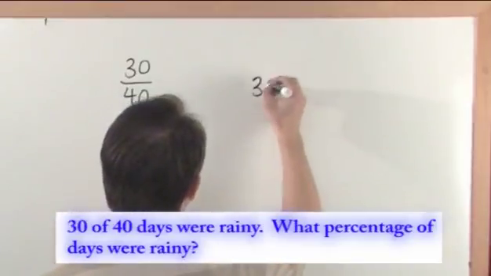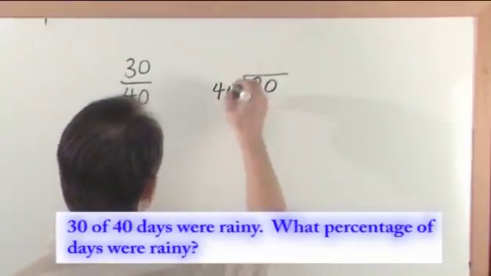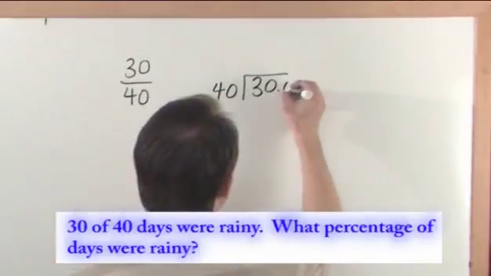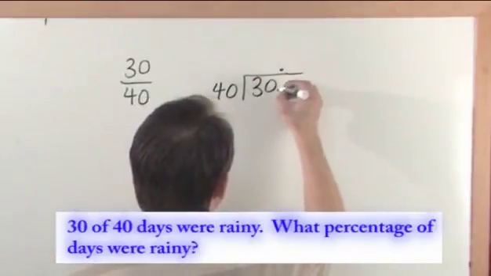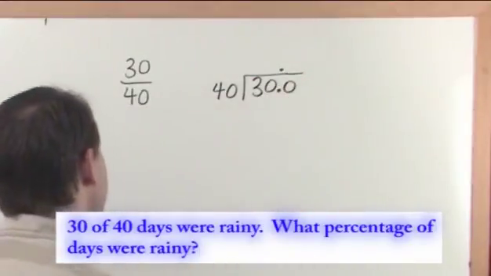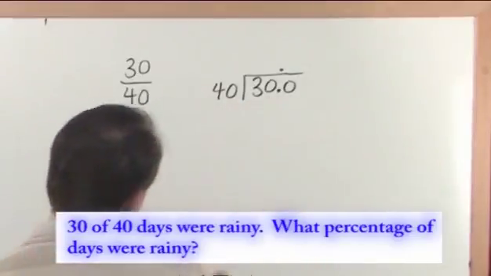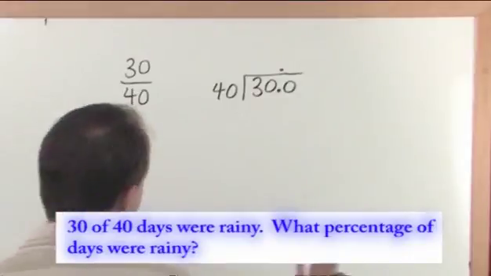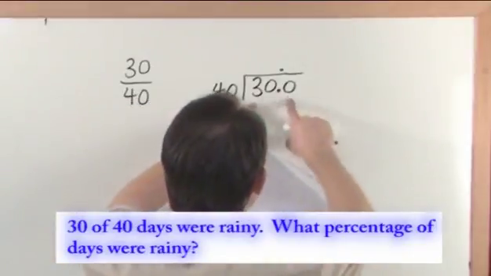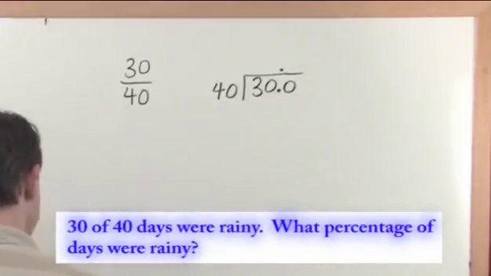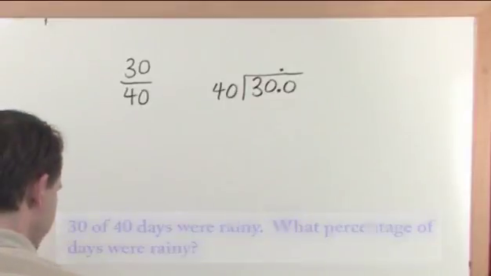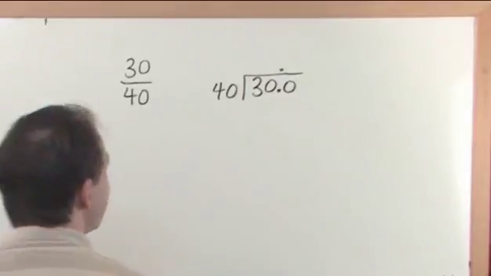So I have 30 divided by 40. And I'm going to make it 30.0 because this is going to end up being a decimal in my answer. So I'll put the decimal point right above. How many times does 40 go into 30? It doesn't go at all. So I can look at 300. How many times does 40 go into 300? And I think you'll agree that it goes 7 times, because